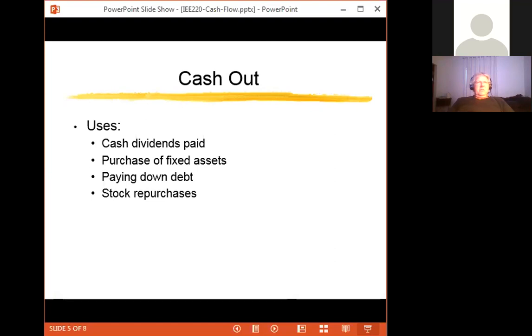As for uses of cash, you could consider paying your owners a dividend. If there's excess cash and you don't have a good thing to do with it to generate even higher sales or higher profit, taking that cash and sharing it with the owners